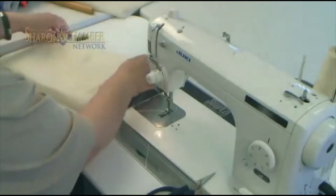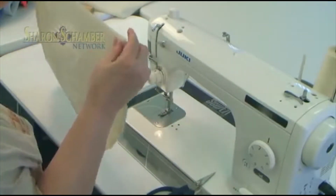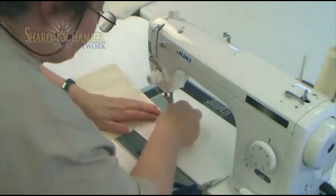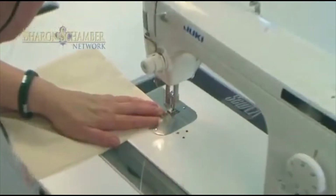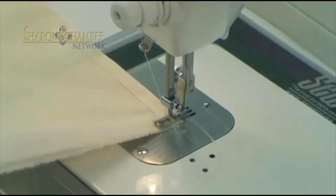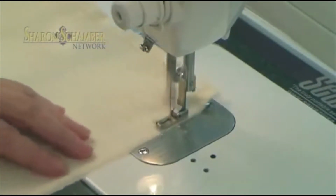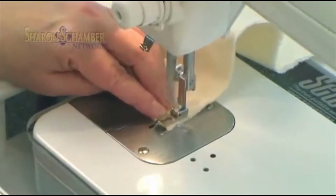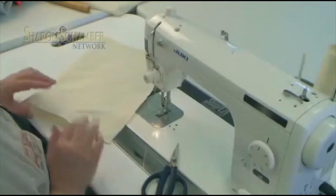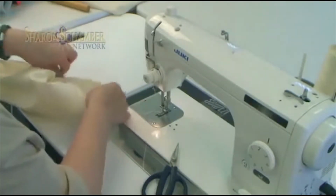With the right sides together, what's left is the raw edges, and we want to put them together here, and we're just going to close those. And make sure you backstitch because you want it strong. Basically what we've done is made a tube, and you want to take your tube and turn it inside out,